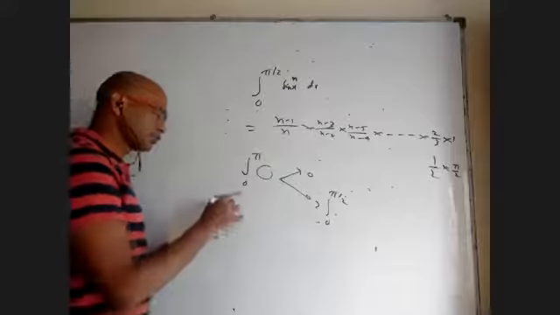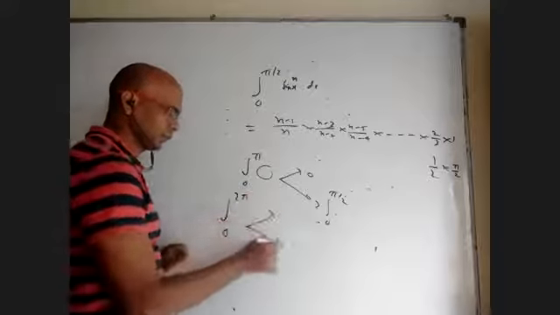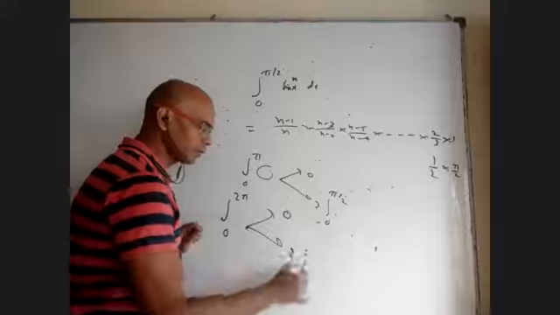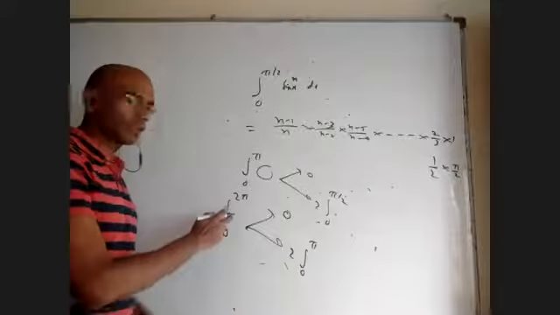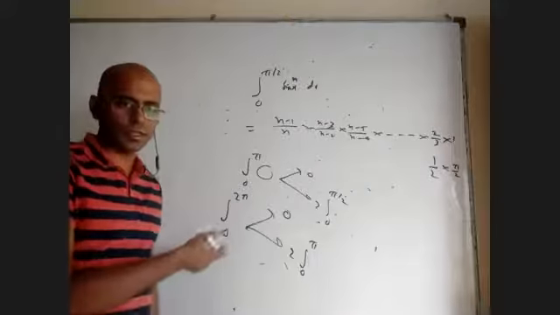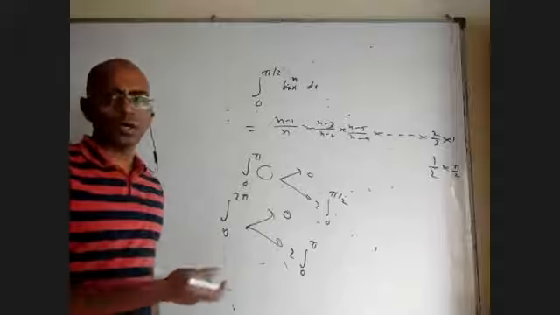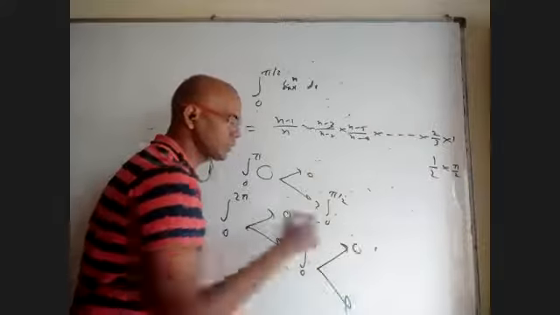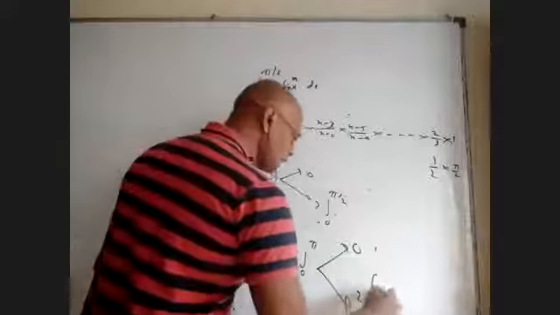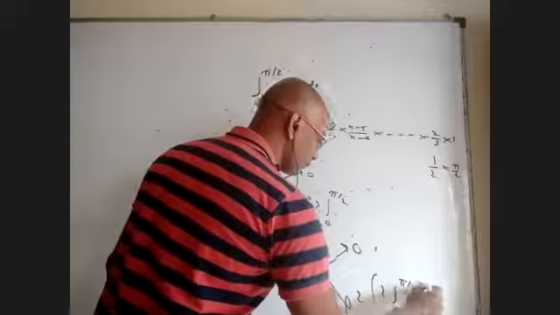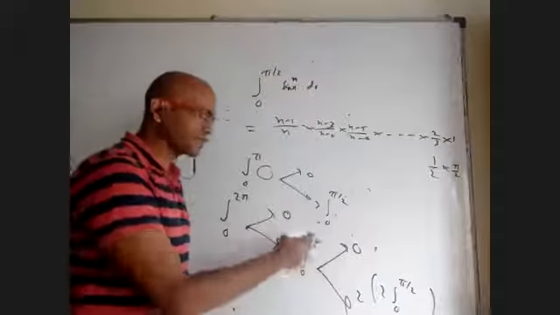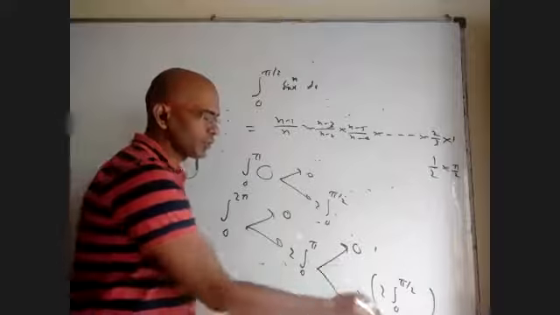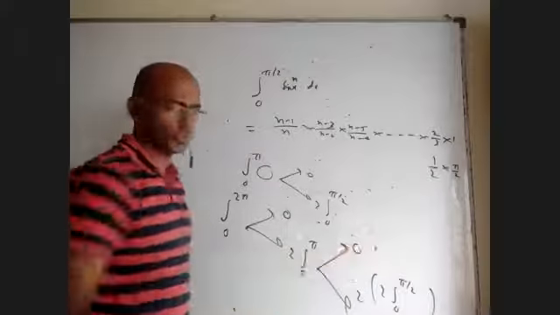Similarly, when 0 to 2 pi is there, it will be either 0 or 2 times 0 to pi, depending on whether, when you replace x with 2 pi minus x in the function, you get the same function or its negative. Again, here there are two choices: either 0 or 2 times 0 to pi by 2. This is when you replace x with pi minus x and get the same function, or the negative of the original function.